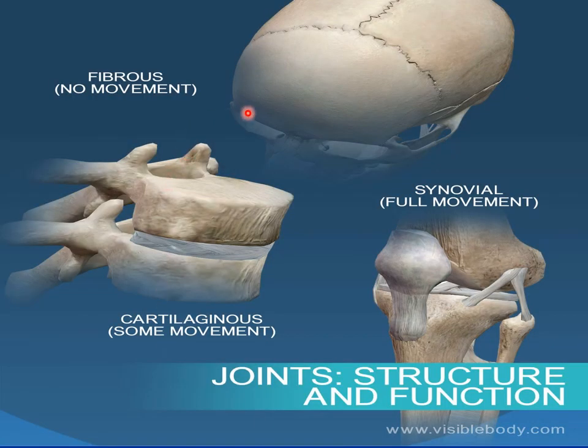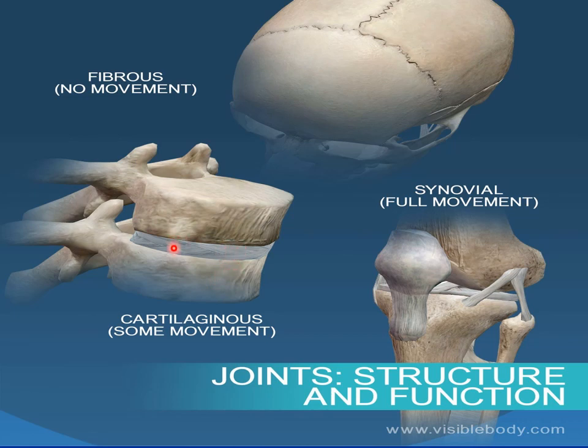So here you can see easily that the fibrous joints are the ones which are present in the skull, and these sutures which you have studied have just intervening fibrous tissue which joins the two bones or more than two bones together. These are the joints where there is no movement possible at all. And in the cartilaginous variety, a bit of movement is recognizable.